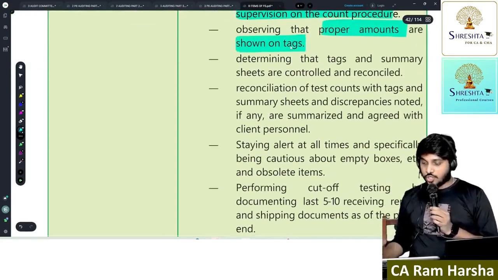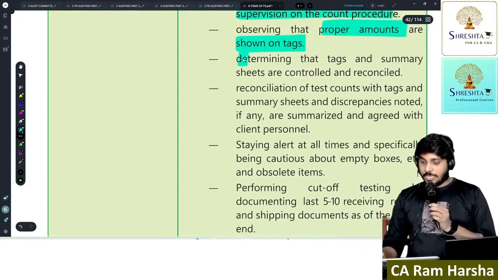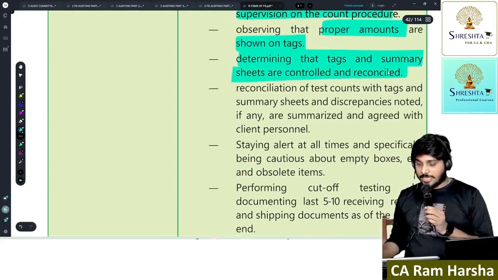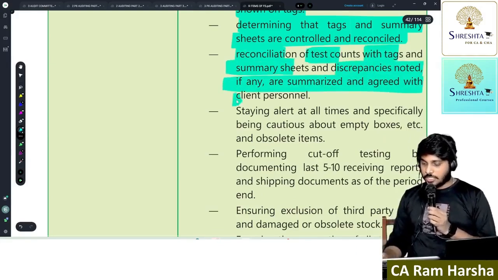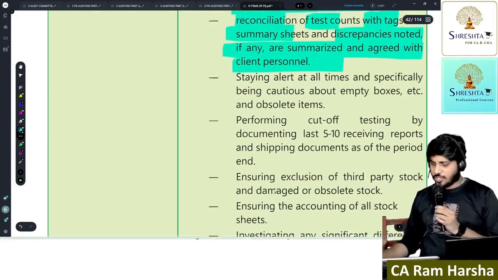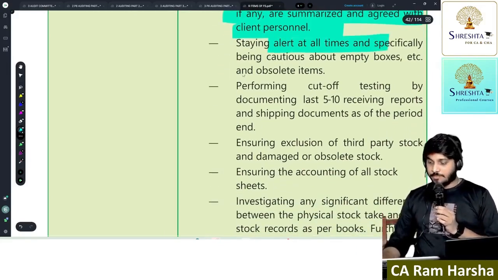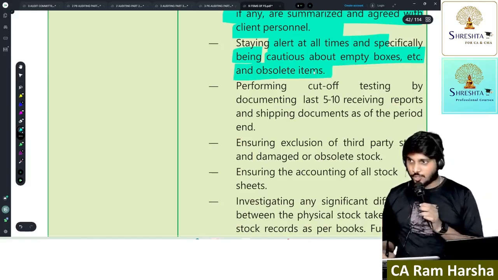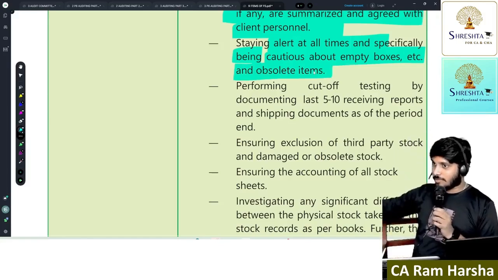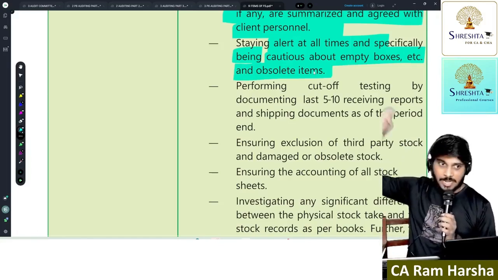Observe that amounts are shown properly on the tags. Ensure the tags and summary sheets are collected and reconciled. Reconcile test counts with tag summary sheets, and discrepancies noticed, if any, you need to discuss with client personnel. Be alert at all times, specifically cautious about empty boxes and obsolete items. They may show you the warehouse, saying these are the goods available. You don't just count the boxes. See whether any box is empty.